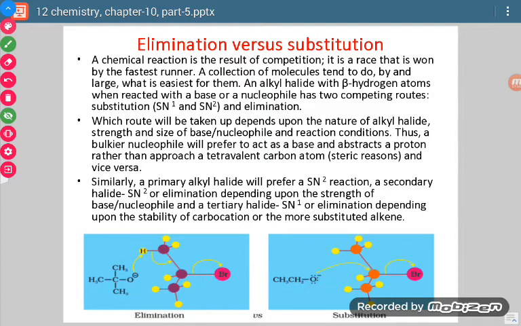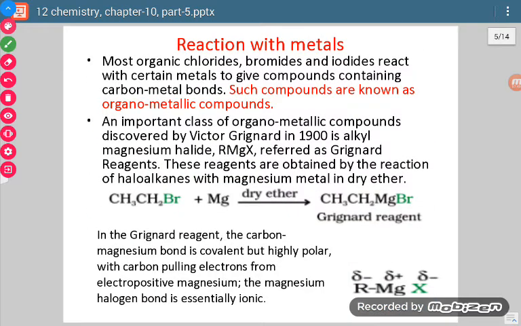We can say that when there are two possibilities, that either elimination or substitution has to occur, then what is going to happen? That process will occur which can occur easily. So whatever is the easiest, that will occur. Okay,